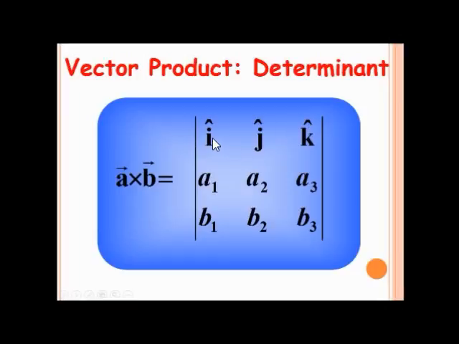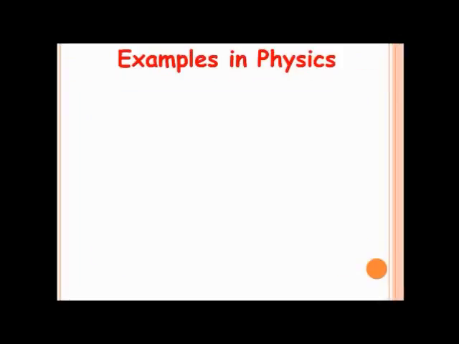The upper row belongs to the directions I cap, j cap and k cap, and these are the three components, or you can say the magnitudes. So it will be (a2 b3 minus a3 b2) into I cap, and so on. You can follow. Then again there will be multiplication. So I think you all know all this determinant form. You can find out the value, and that will be the same value as we have got previously.